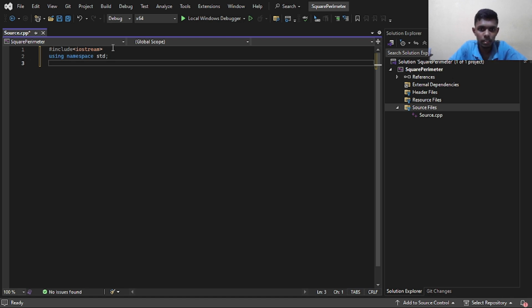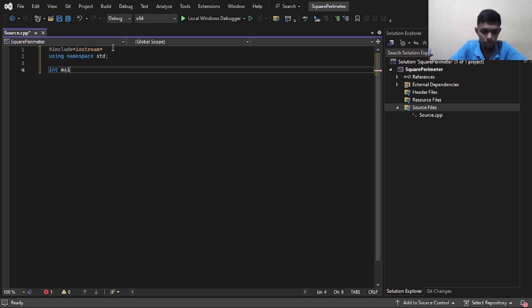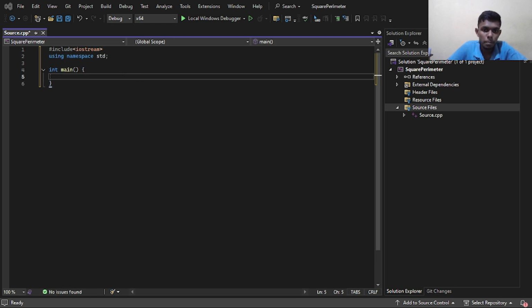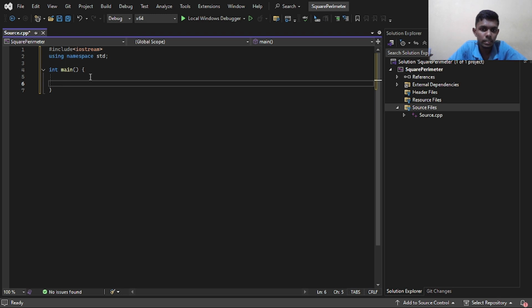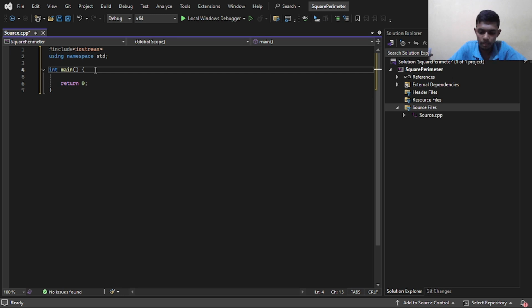Next, we define the main function, which is the entry point of every C++ program, using int main, brackets, curly brackets. All our code will go inside these curly brackets. In C++, return 0 is used at the end of the main function to indicate that the program finished successfully. We can add here return 0;